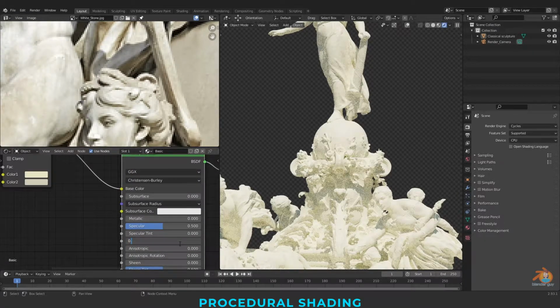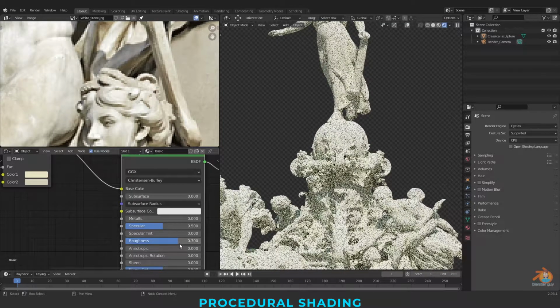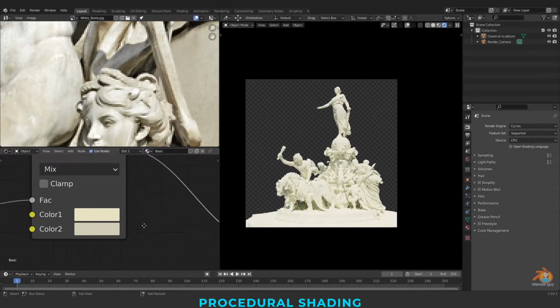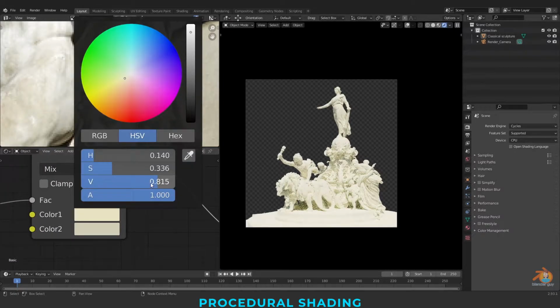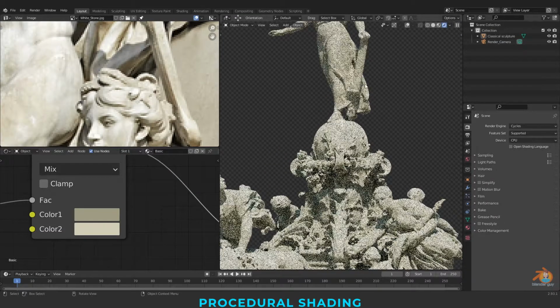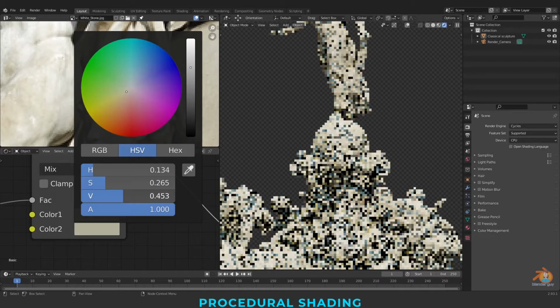Let me increase the roughness. Increase the value. Also of this value.